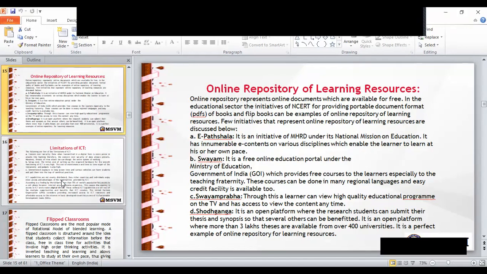Okay, so Shodhganga, it is a very good thing. Shodhganga is an open platform where research students can submit their thesis and synopsis, so that several others can benefit.